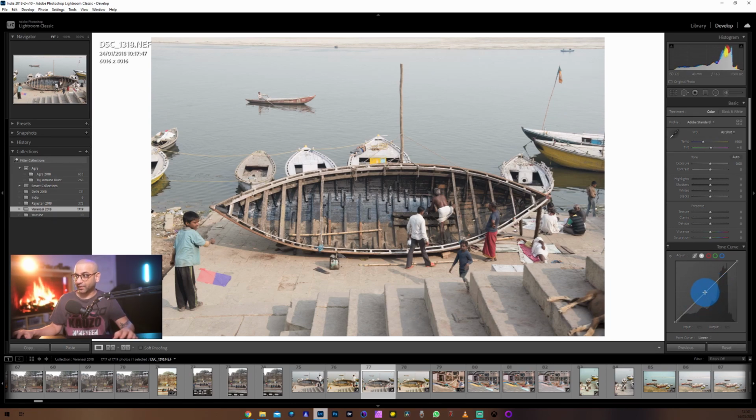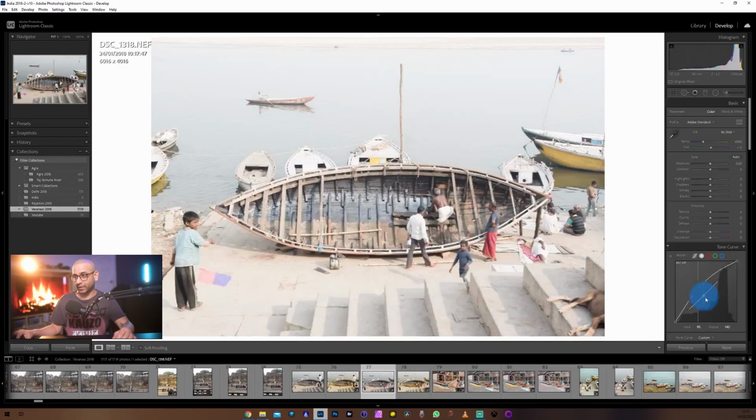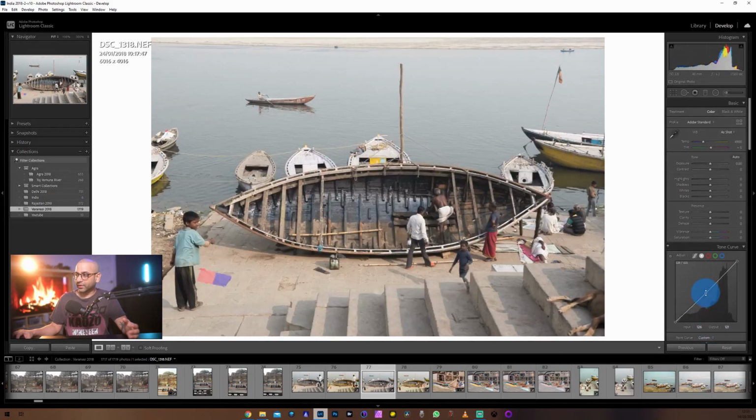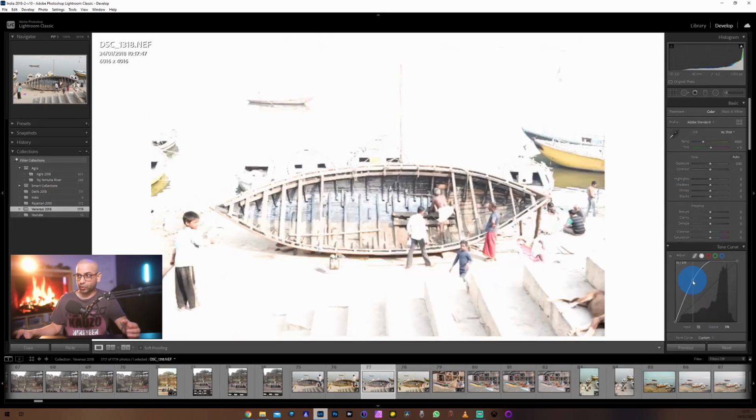So if I put a point in the middle, for example, and I move this up and down, all I'm doing is controlling the midtones of the image. These are the midtones that you can see that have been affected. And if you're not sure, what you can always do is put the point in the middle and move it up and down, and it will show you what part of the image